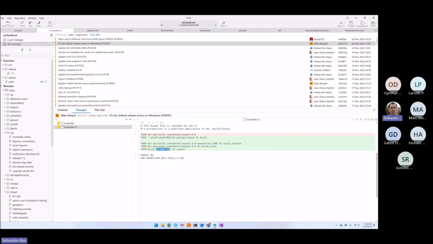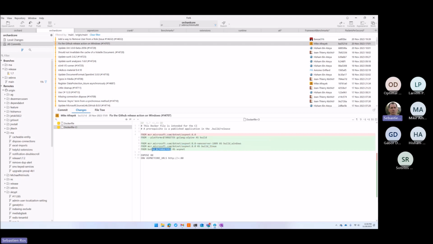And that's why we are trying to use something like that to build different ones, one for Linux, one for Windows. And then based on the current build, we use this base one or this base one. We can't use the base name ASP.NET anymore, a single one. We need to know if it's Windows, and then pick up this one.